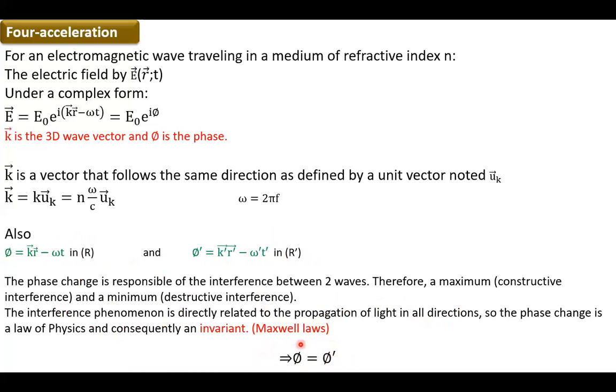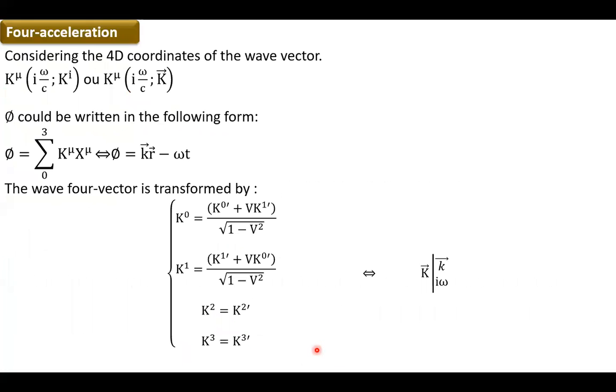It is an invariant of the Lorentz transformation because it depends on Maxwell laws. So phi is equal to phi prime. So if you consider it in 4D coordinates,